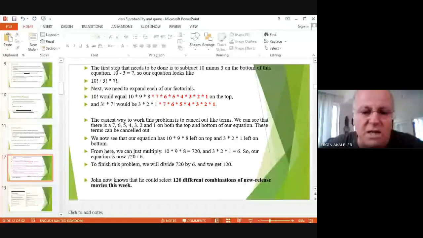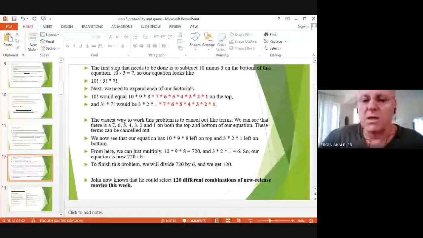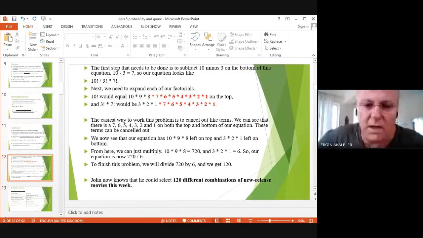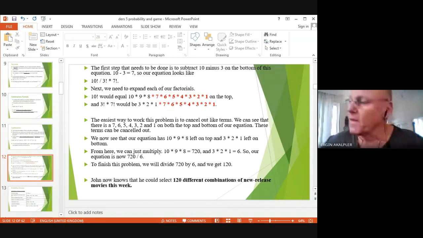Then from here we can just multiply 10 times 9 times 8, which is 720, and the denominator, 3 multiplied by 2 multiplied by 1, is going to be 6. Then you are going to divide 720 by 6, which is 120. Therefore, John knows now that the expected combination is about 120 new possibilities out